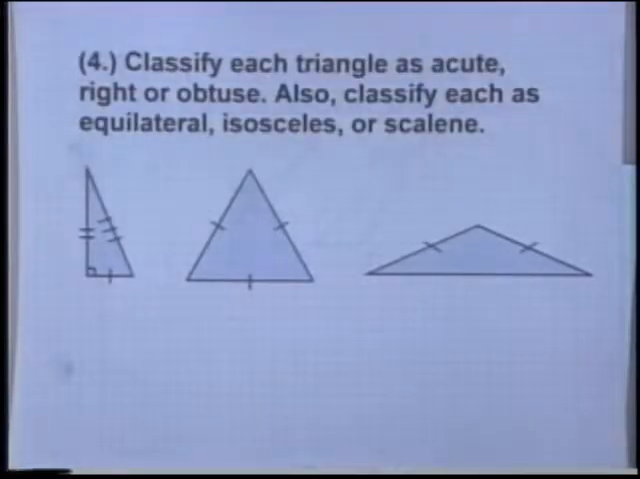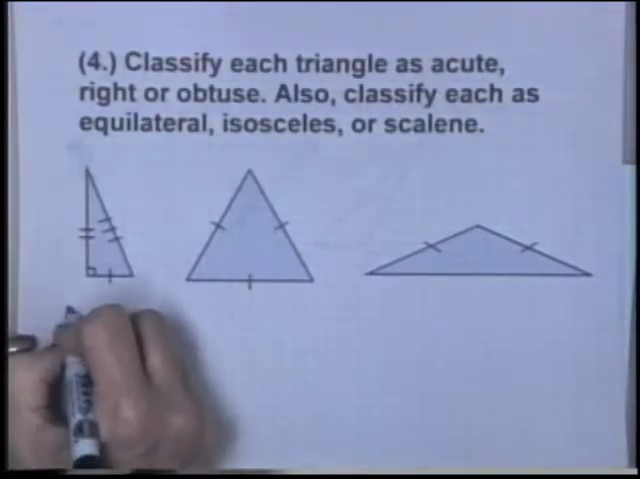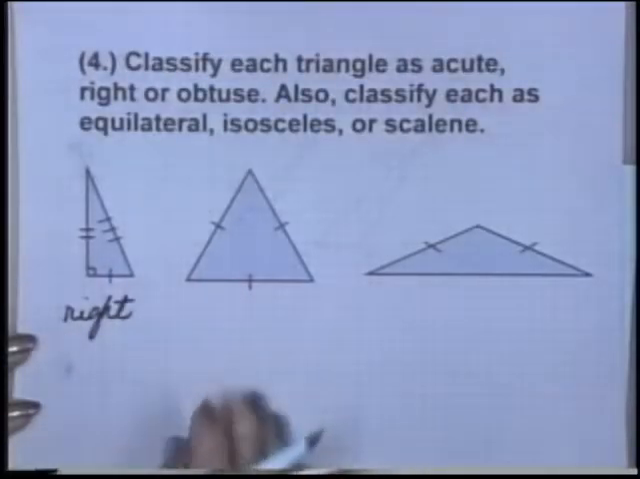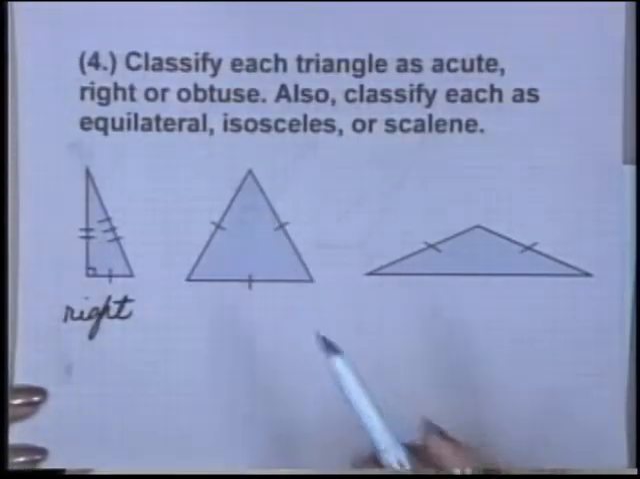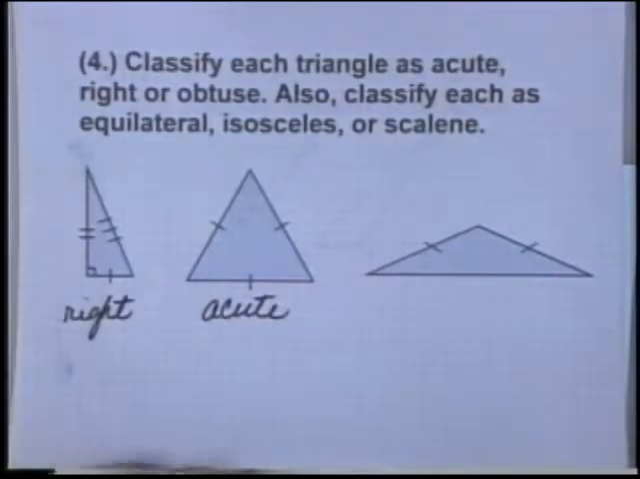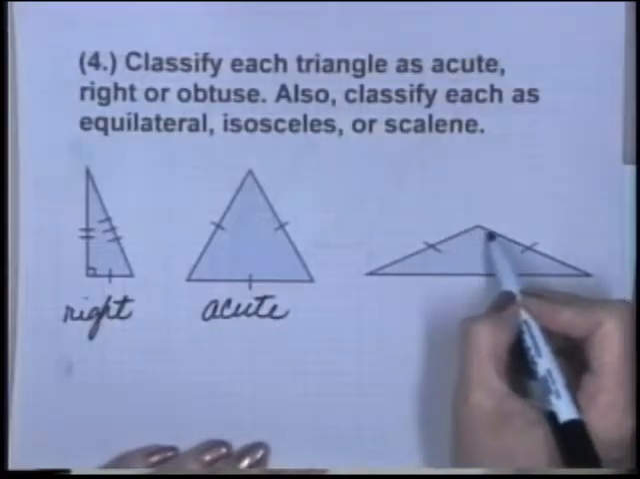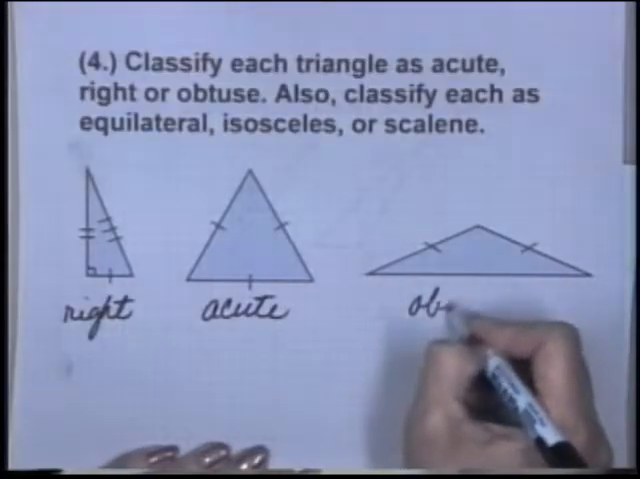For the fourth problem, we're asked to classify each triangle by its angles as acute, right, or obtuse, and then by its sides as equilateral, isosceles, or scalene. For this first triangle, because it obviously has a right angle, we'll call it a right triangle. For the second triangle, each of the angles is less than 90 degrees, so it is an acute triangle. And for the third triangle, we have an angle that is obviously larger than 90 degrees, so this would be